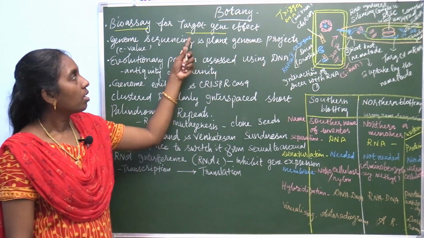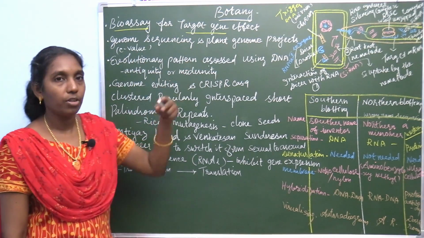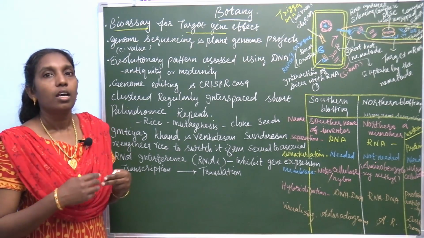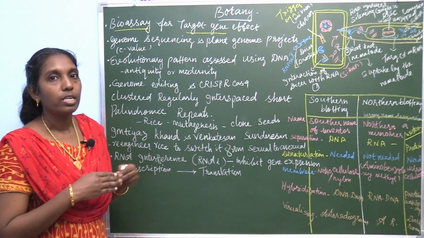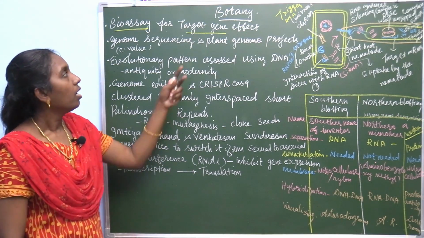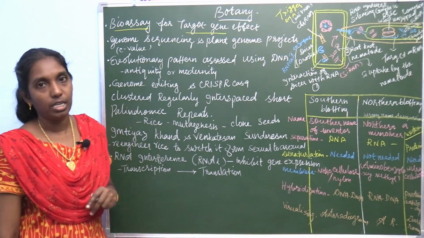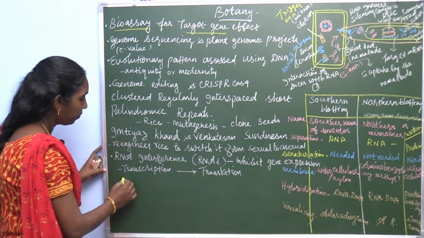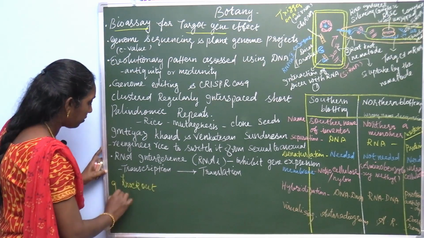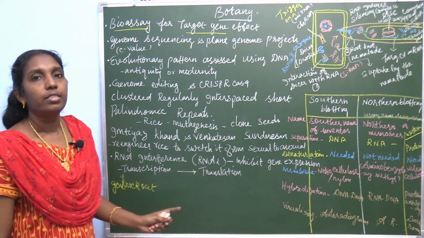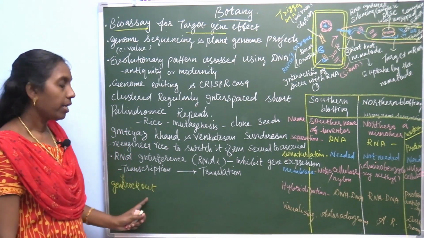So in this there are 2 different, when targeting the gene effect, bioassay for targeting the gene effect, it is introduced into the nucleic acid. In the nucleic acid, there is a knockout of gene. The gene can be knocked out. What's this? Gene knockout. The genes are made inoperative.